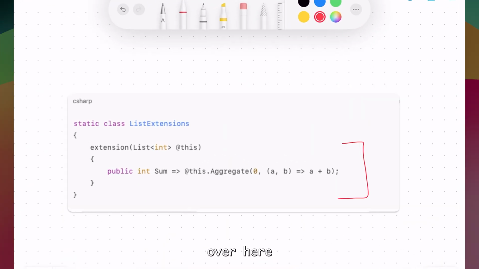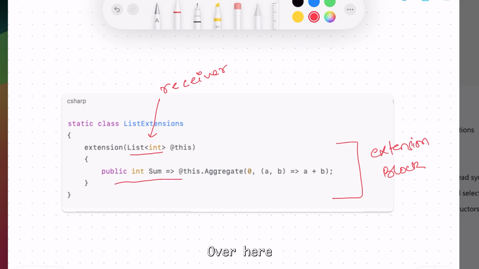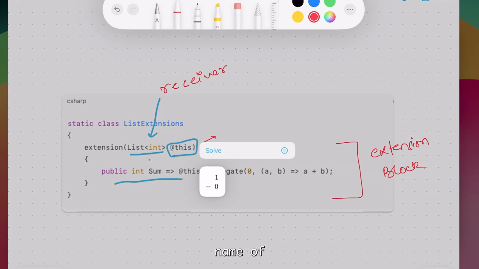So this over here is my extension block, and this List of int over here is my receiver. Inside that block, this public int Sum over here is an extension property being added to the List of int. And this @this is just a name of the receiver.